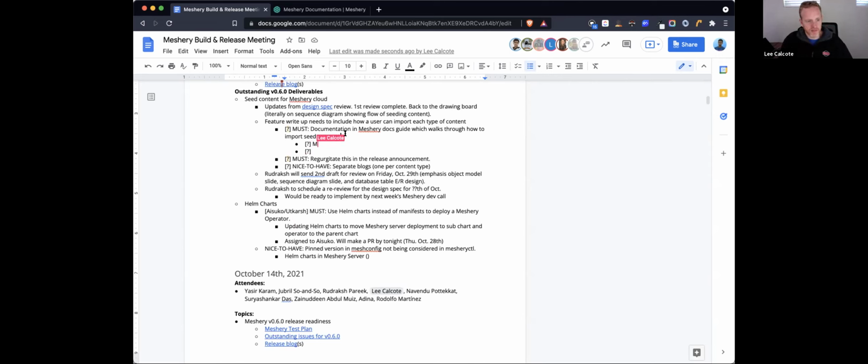One of those ways is Meshery CTL. The other way is Meshery UI. They would be covered in the same doc, and there would be three docs, one for each content type.